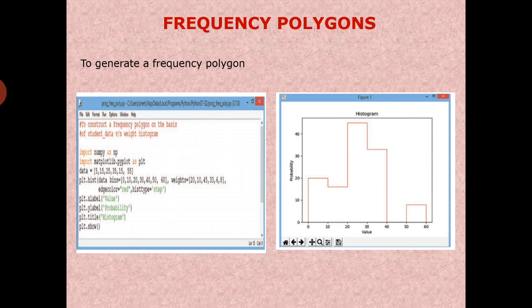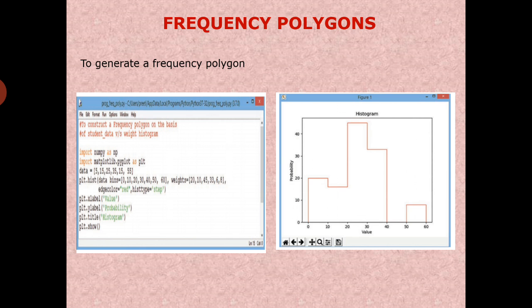In the statement, a list of values is stored in the data variable. Now, the statement plt.hist(data, bins=[0, 10, 20, 30, 40, 50, 60], weights=[20, 10, 45, 33, 6, 8], edgecolor='red',